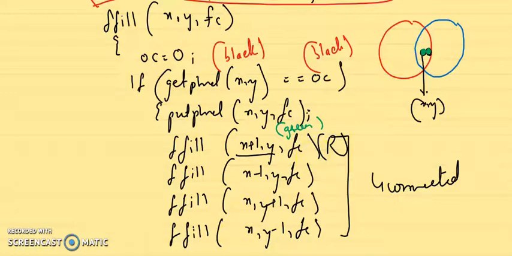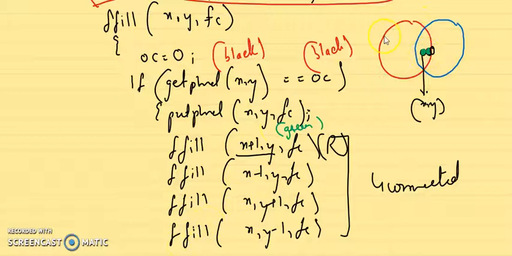So what will happen to the next pixel? The next pixel would be this. Yes. Now what will happen? Now the color that is going to get returned for this pixel is red. So red is not equal to black, so it will come out of the loop for this condition. Then it will move where? x minus 1 comma y. So this is how your flood fill is going to proceed, keeping your boundary colors intact.